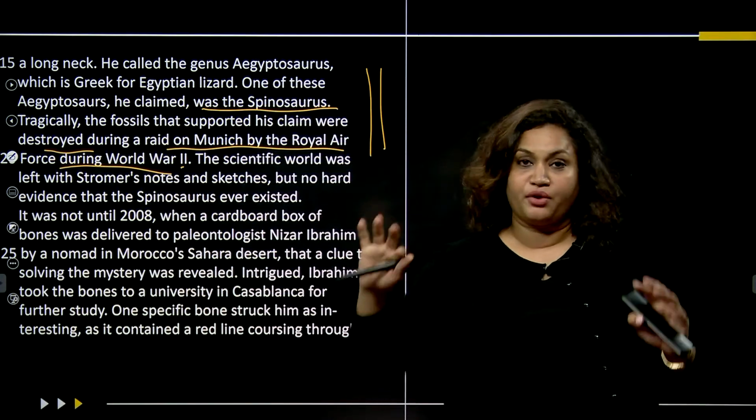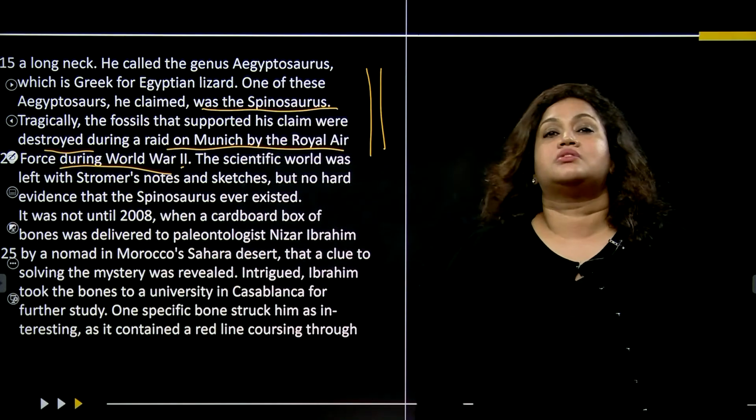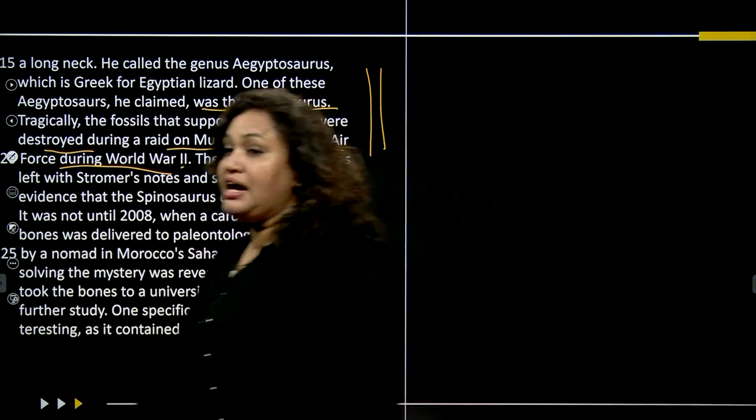So let's see, we are going to read the complete passage this time. I'm going to tell you how you can make the flow chart. So let's do it. So the third one is,